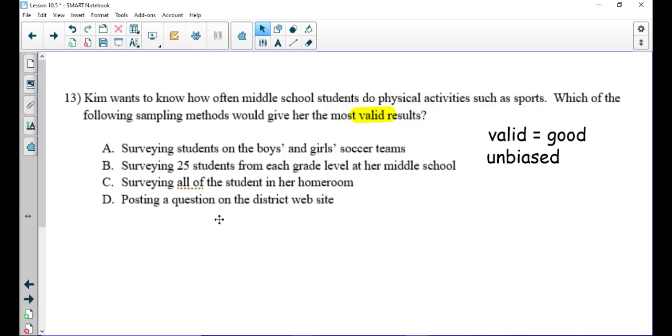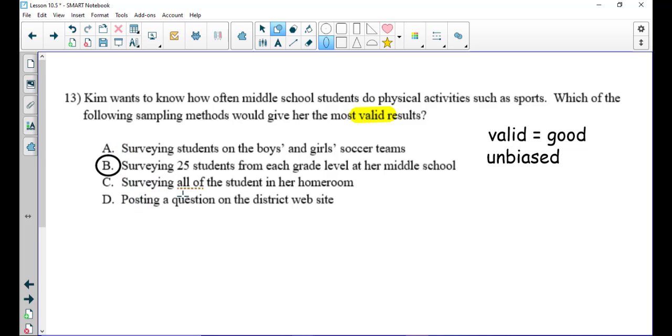D, posting a question on the district website. While that may seem good, maybe not everyone has access to that. Maybe they don't know it's posted there. How is it announced that it's posted on the website? These are things to consider. So D is probably not the best way. So the best sampling method would probably be choice B. That's going to be selecting 25 students from each grade level. That's a systematic sample. So that's probably going to be the most valid or the best way to go about